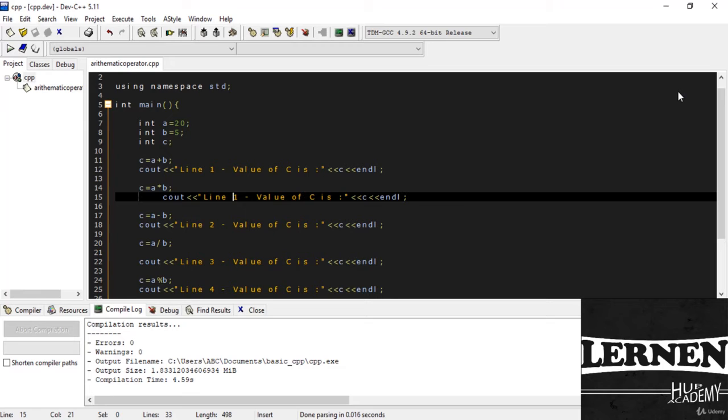Now we just see the example of the relational operator in C++. As I told you, the relational operators we use are is equal to, not equal to, greater than, less than, greater than or equal to, or less than or equal to signs. So now